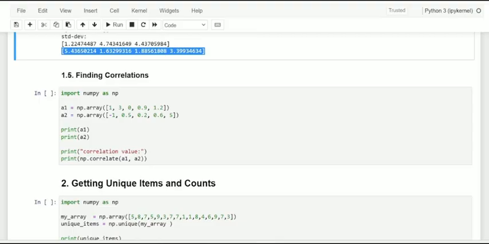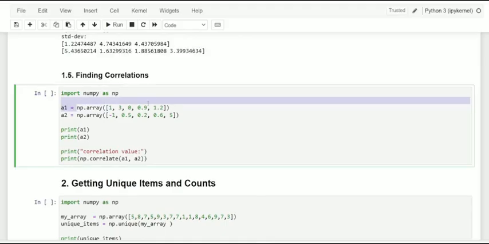And let me specify it again, dear friends. If one data increases, and the second data is also increasing, it is said to be a positive correlation. And if one data is increasing and the other data is decreasing, in the sense inversely, it is specified as a negative correlation. So we need two data sets here.